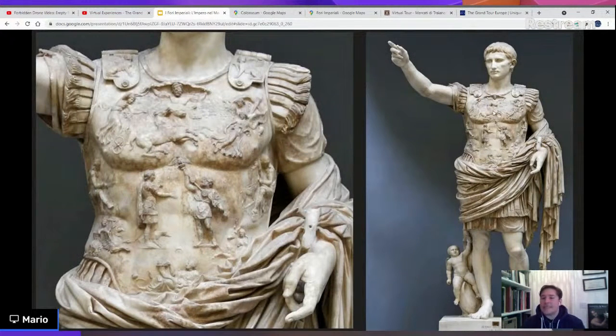Now, this is the statue of Emperor Augustus, which is today in the Vatican Museums. It's very important because it celebrates the apex of the power and rule of Emperor Augustus. You see also he's got this beautiful breastplate that has a celebration in which religion plays a key role. There's a chariot of Apollo, there's the god Sky with this kind of covering, as if the gods wanted him to be the ruler, and in the center